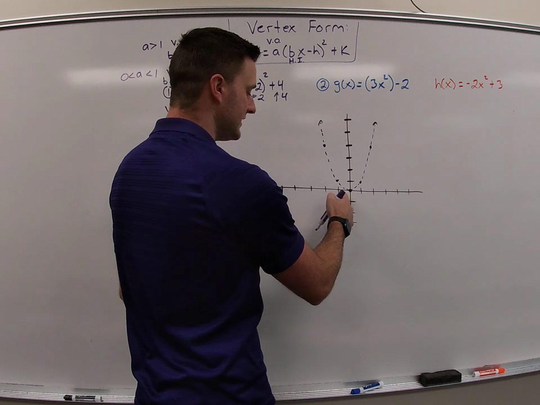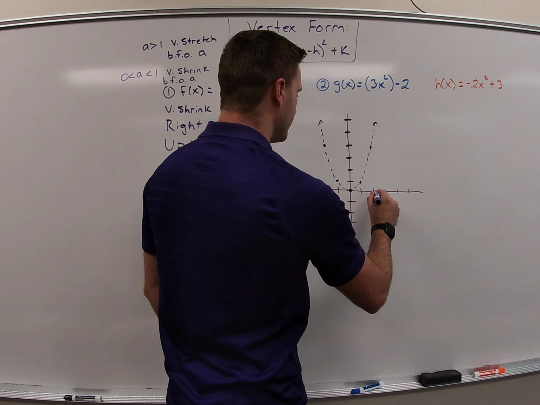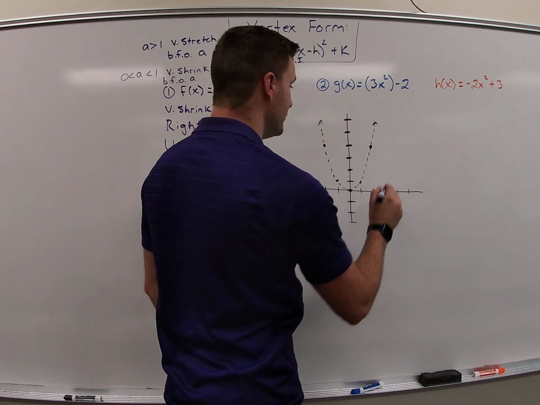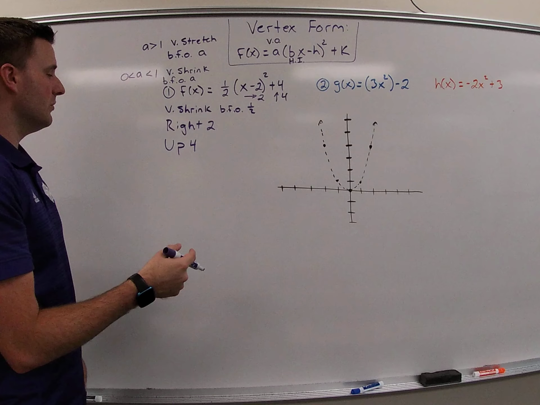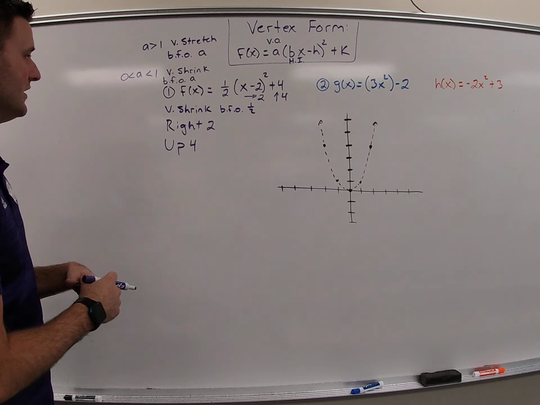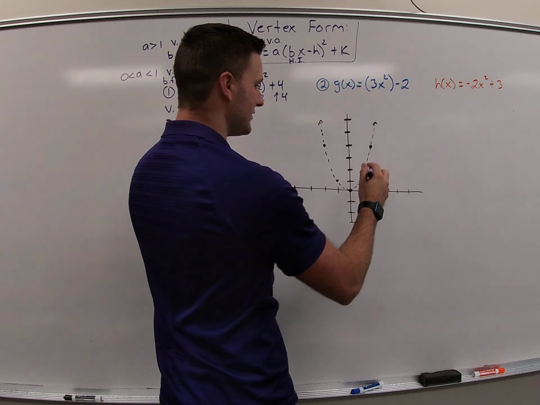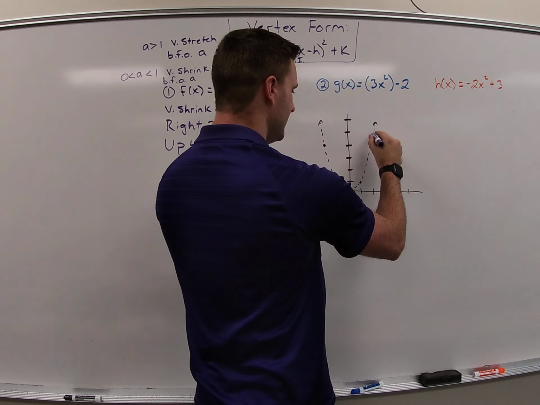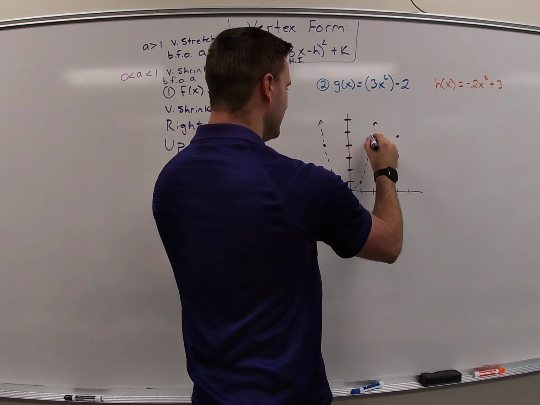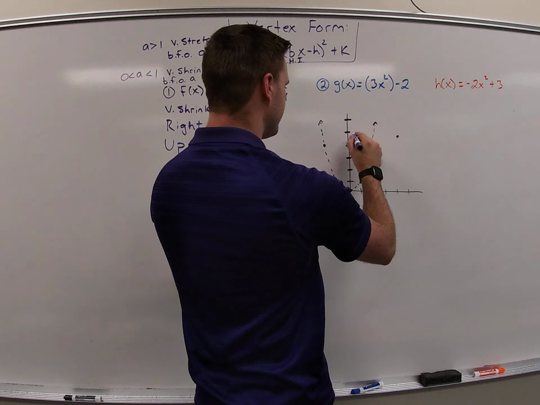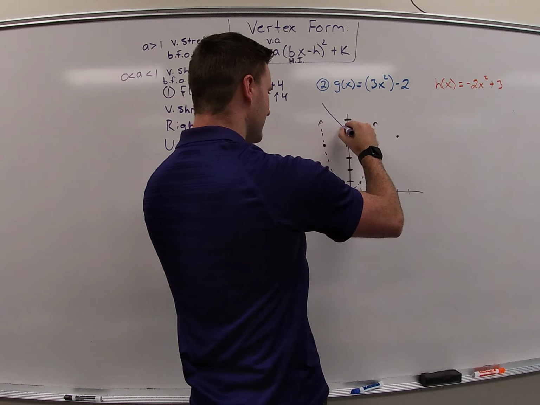Starting from our vertex in purple, my f of x, we're going to go right 2, up 4. So 1, 2, 3, 4, boom. My new vertex is at that spot. Now I need to find other points. Well, what is my slope? We have this vertical shrink by a factor of 1/2. What does that really mean? Think of it as slope. To find this next point, I'm going to go up 1, right 2, so about right here, and up 1, left 2, so right here. And notice how we have this kind of wider